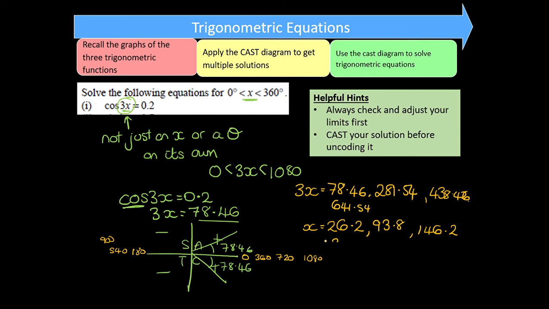So 213.8. Oh, sorry, 0.8. I said the wrong thing. Writing the right thing, but said the wrong thing. Okay, we're almost there. So we need to do 720 plus that number, which gives us 798.46 divided by 3,